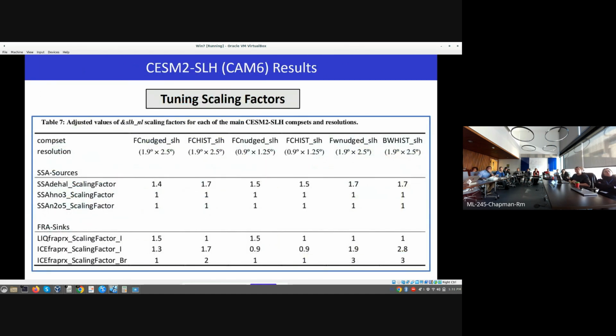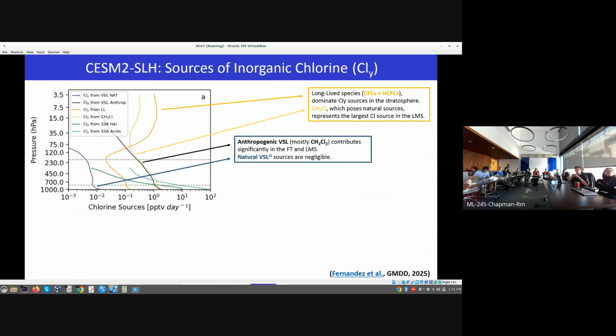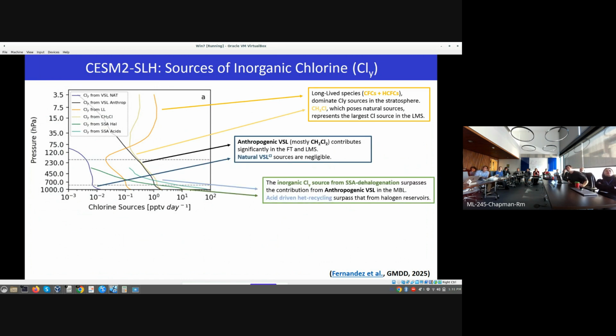So these are the final scaling factors that we have for the different configurations. I just put this slide because when I first implemented this, I said, I'm cheating. How can I be including this? And then I was aware that many people are including scaling factors in different places because we have plenty of parameterizations. So I was more relaxed and I said, okay, we need to try to reproduce all the 10 years of work using an old version in this new one, and have these scaling factors included in the namelist so people can rapidly change them